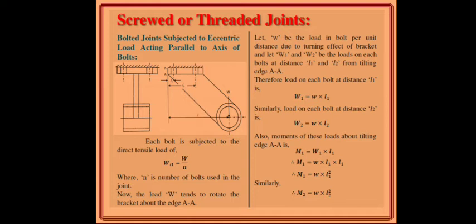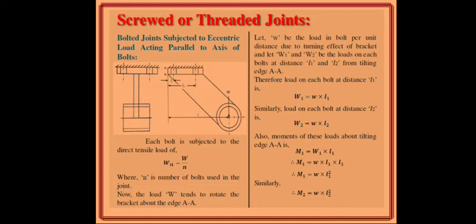Therefore, the load on each bolt at a distance L1 is W1, which is equal to small w into L1. Similarly, the load on each bolt at a distance L2 is W2, which is equal to w into L2. So W1 and W2 are the loads on each bolt, where small w is the load on a bolt per unit distance. Now also, the moment of these loads about the tilting edge AA is M1, which is equal to W1 into L1, according to